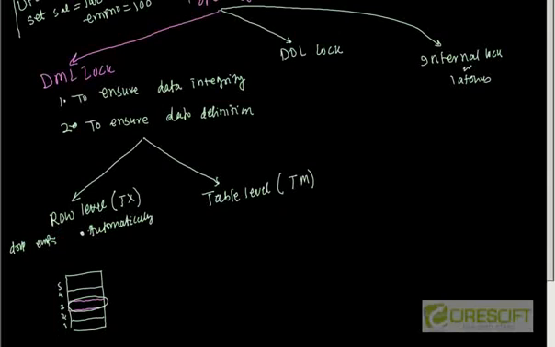For example, this update statement may be part of a transaction, and after this update, in a PL/SQL for loop, I update all other rows. In that case, there will be a TX lock, or row level lock, for each row of the employee table. So there is no limit